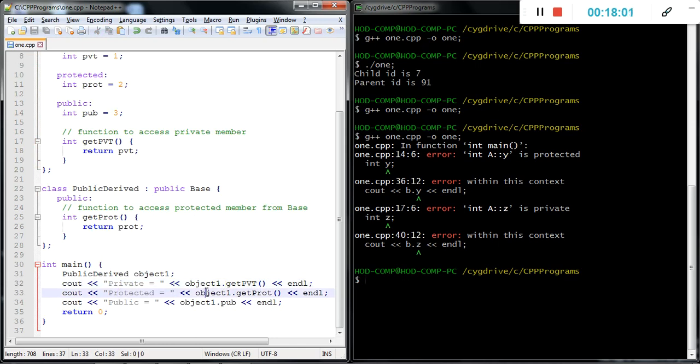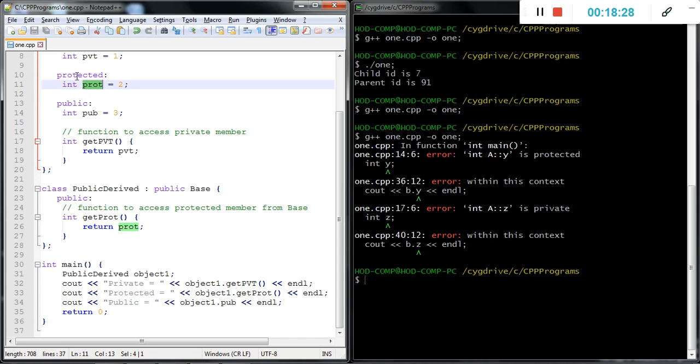Then protected, that is obj1.getprot. We call this function, which comes under the derived class and is public, but the particular variable is protected. This means it is accessible under the derived class, not accessible under the main function.